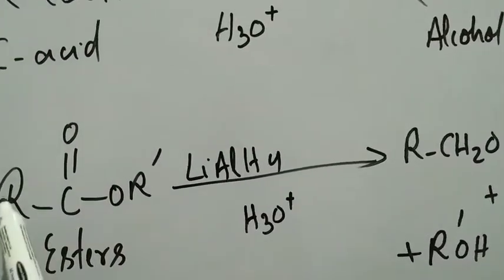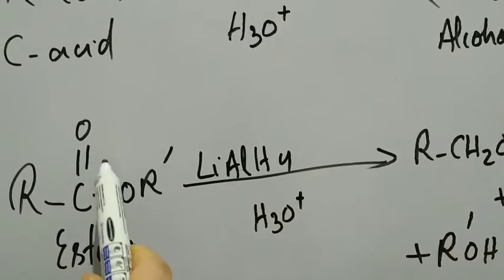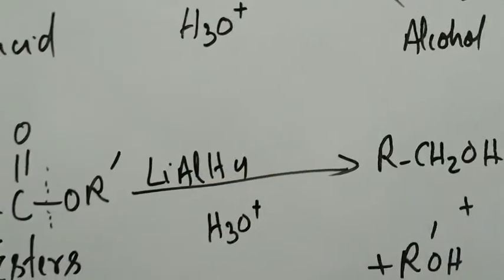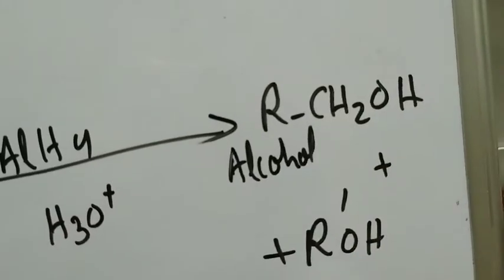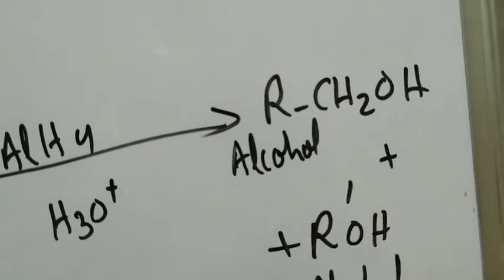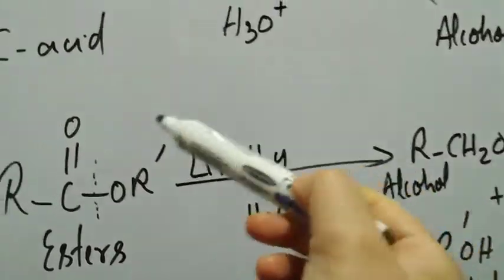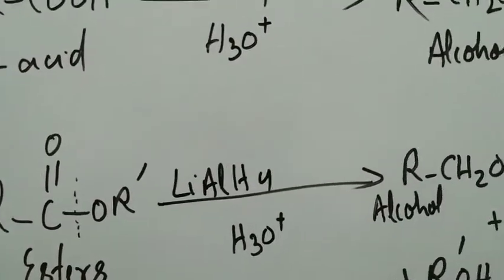So we get a mixture of alcohols because we are starting with an ester. When you do the reduction, you will get RCH2OH and R'OH. There's a cleavage of this bond, right? We get not just one alcohol but two alcohols. This is an alcohol and this is an alcohol. What the products, R' and R, will be depends on which kind of ester you have started with. Let's do specific examples in the case of both carboxylic acids as well as esters.